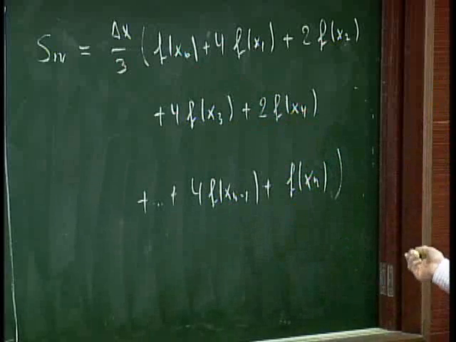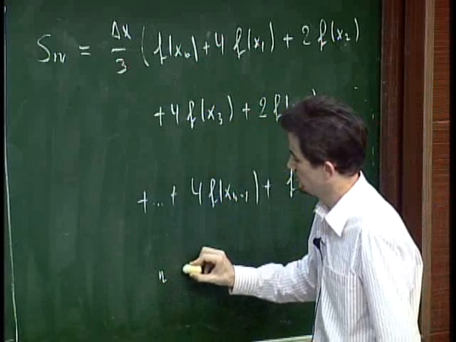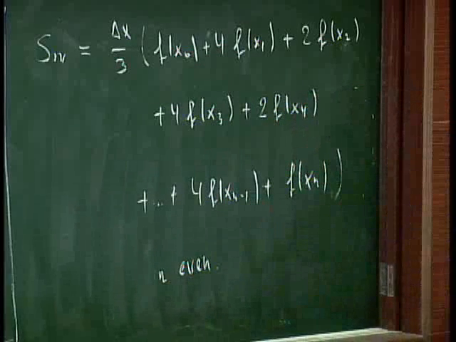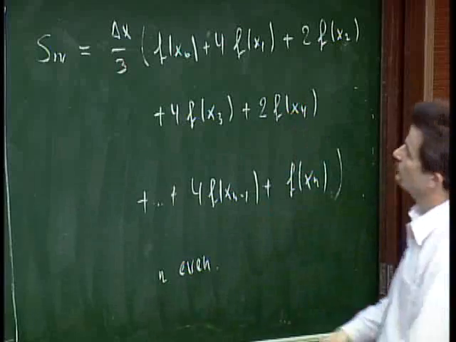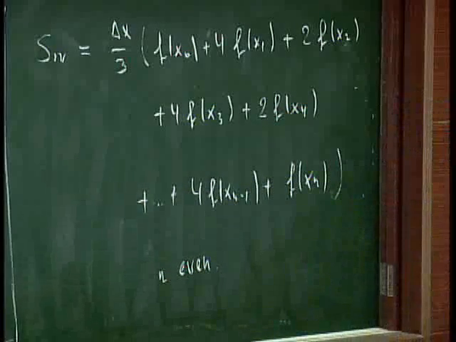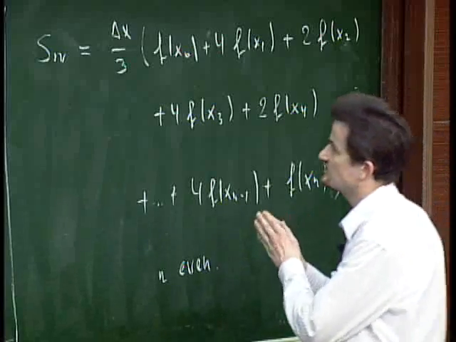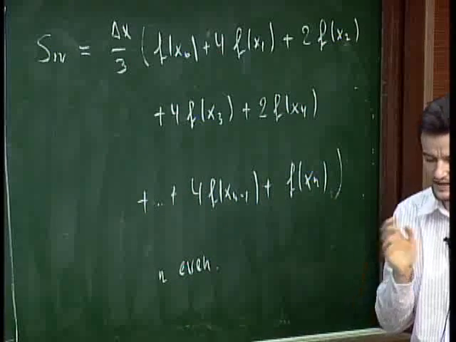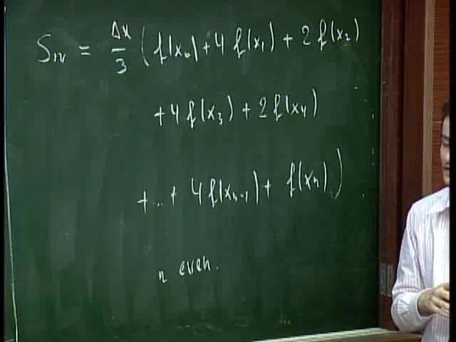Okay, so this, and n must be even. So this is the Simpson rule. Okay, so for the Simpson rule, if you want to approximate an integral by using this rule here, what you do is you divide the interval AB into sub-intervals,